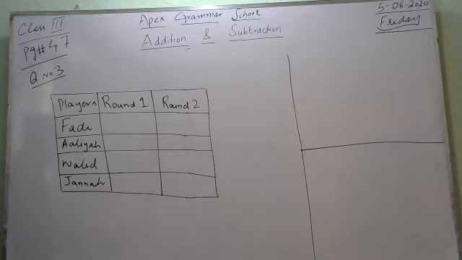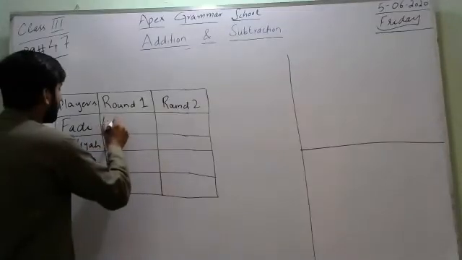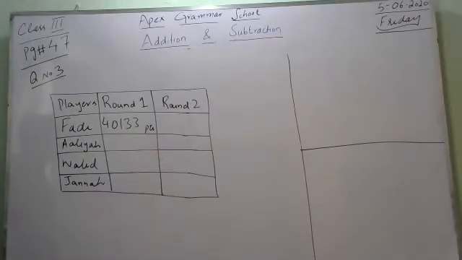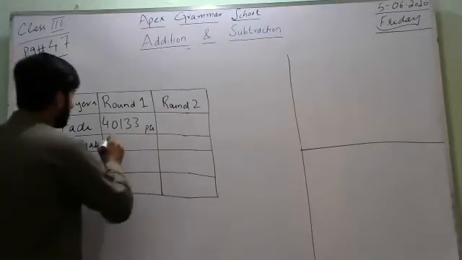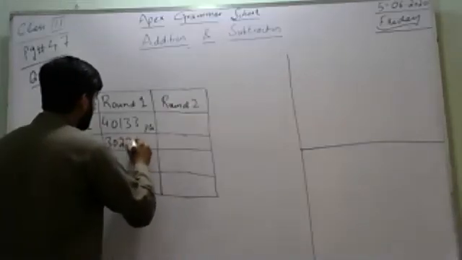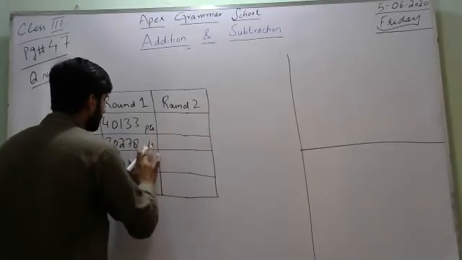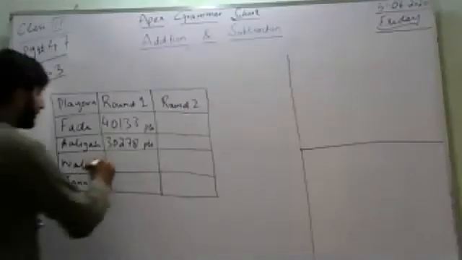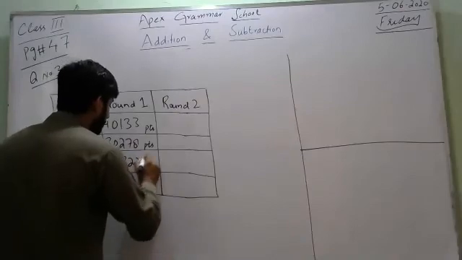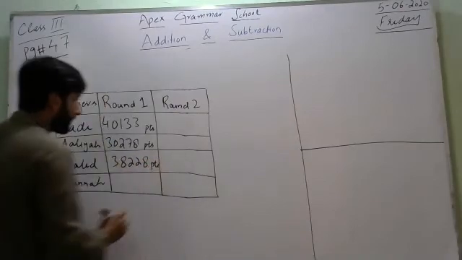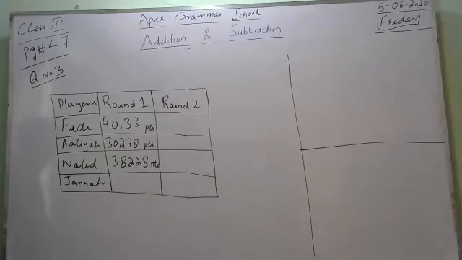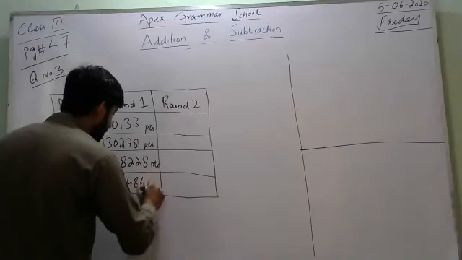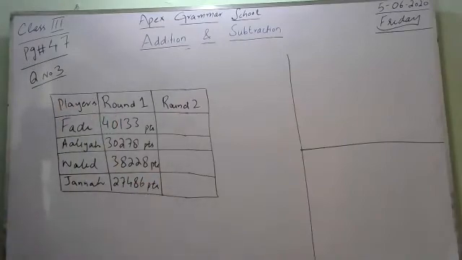Round points of all these players is first one is 40133 points. Next 30278 points. Then 38228 points. Then 27486 points. In round 2,